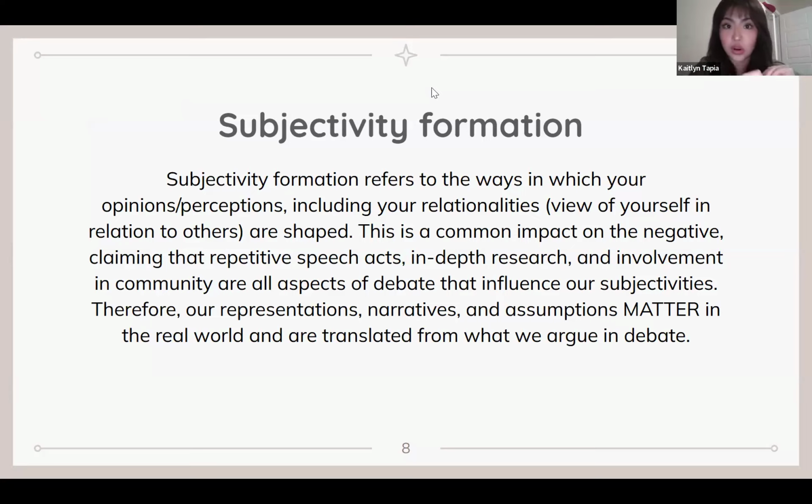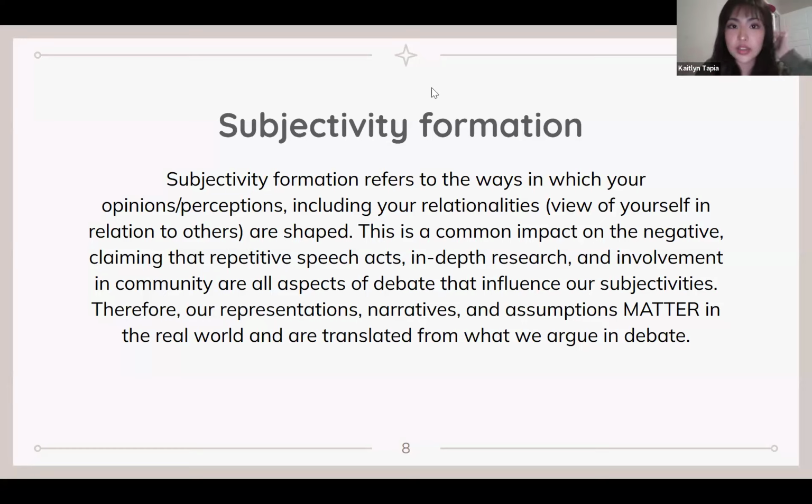The affirmative, if they are not reading a K, are going to say that debate does not have an influence on our subjectivities, or if it does, it is extremely minimal and should be disregarded, whereas the negative is going to say that debate is extremely impactful on our subjectivities, which means that we need to pay attention to the things that we say and hear because they can have long-term consequences